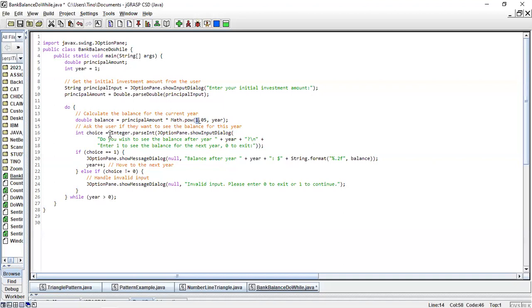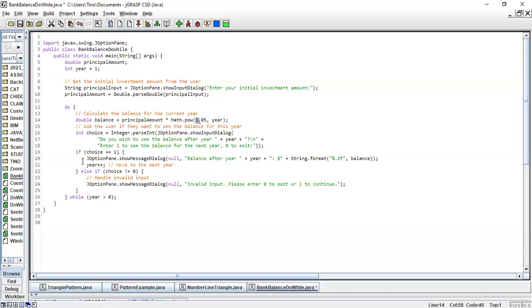Then I need to ask the user, do you want to see the balance for this year? If you want to see the balance for that year, if the choice is equal to 1, it will show the message to show the balance for that year, after it is calculated using the interest rate.